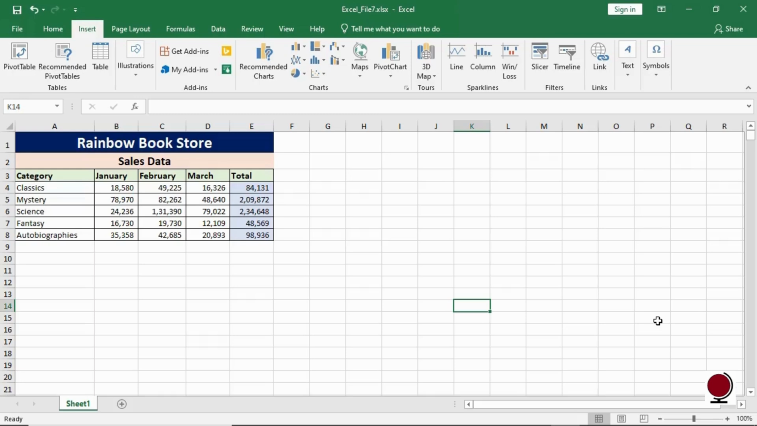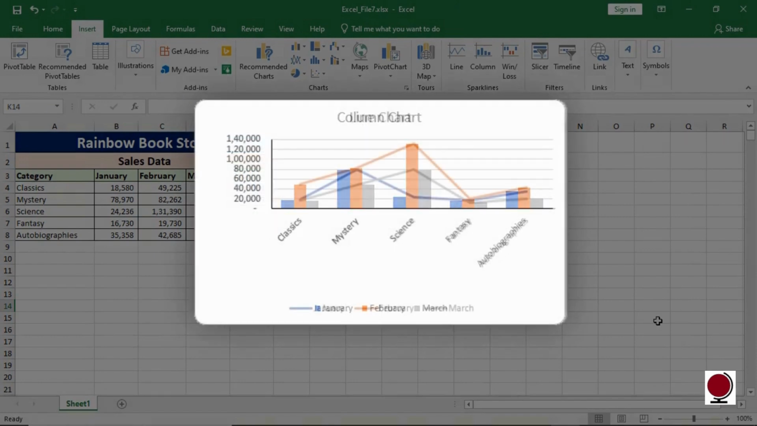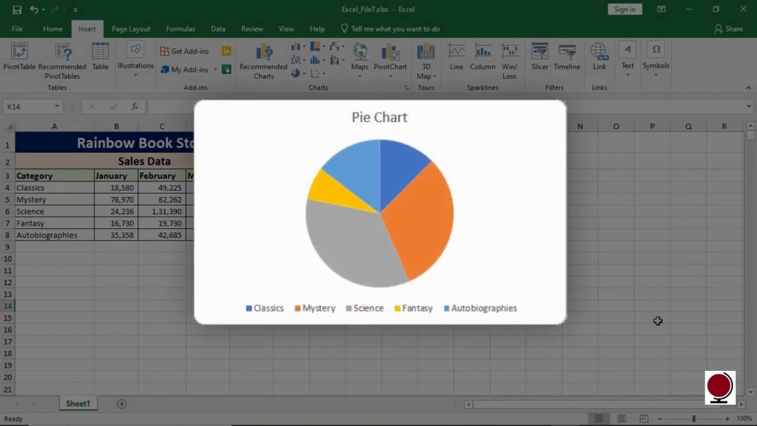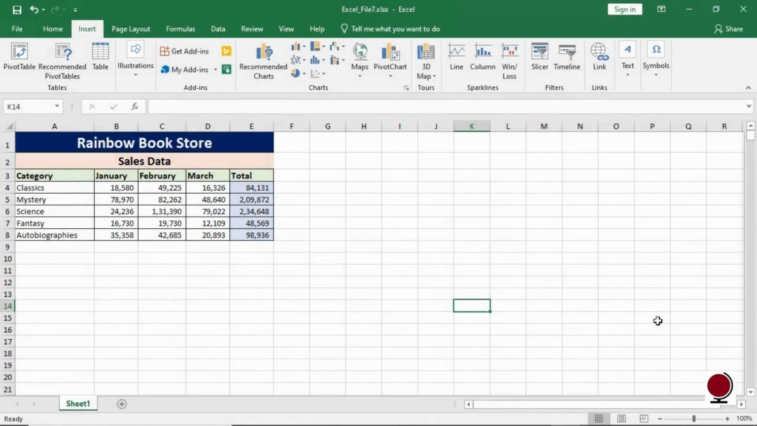A chart is a visual representation of data and conveys the information in an easy-to-understand and attractive manner. There are different types of charts available in Excel, such as column charts, line charts, pie charts, and many more. You can select a suitable type depending on the data you want to chart and the emphasis you want the chart to impart. This Excel sheet contains 3 months' data related to the sales of different categories of books in